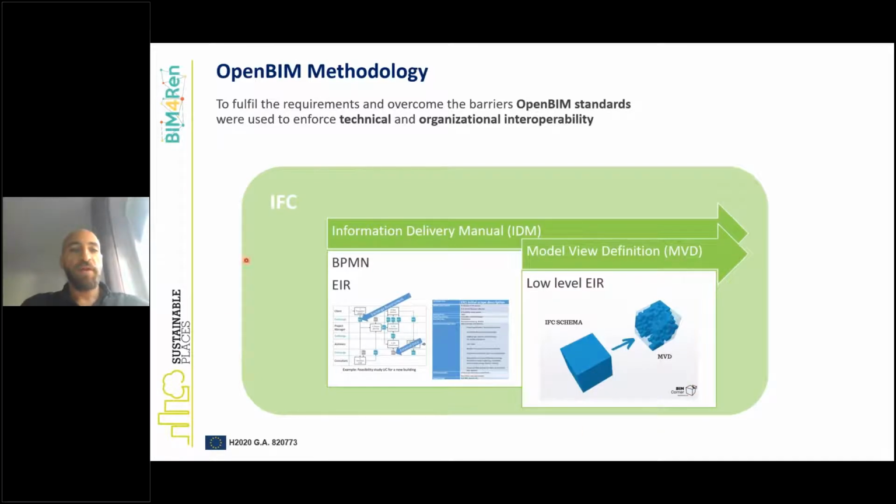So basically, this paper will have a BIM model in format of IFC. We need to deliver what we need exactly from that BIM model, translated into employer information requirement, which is translated into an information delivery manual, and then we define the MVD, exporting this entity from the big IFC. This entity, or this specific use case, will help us to continue in the workflow of the renovation.